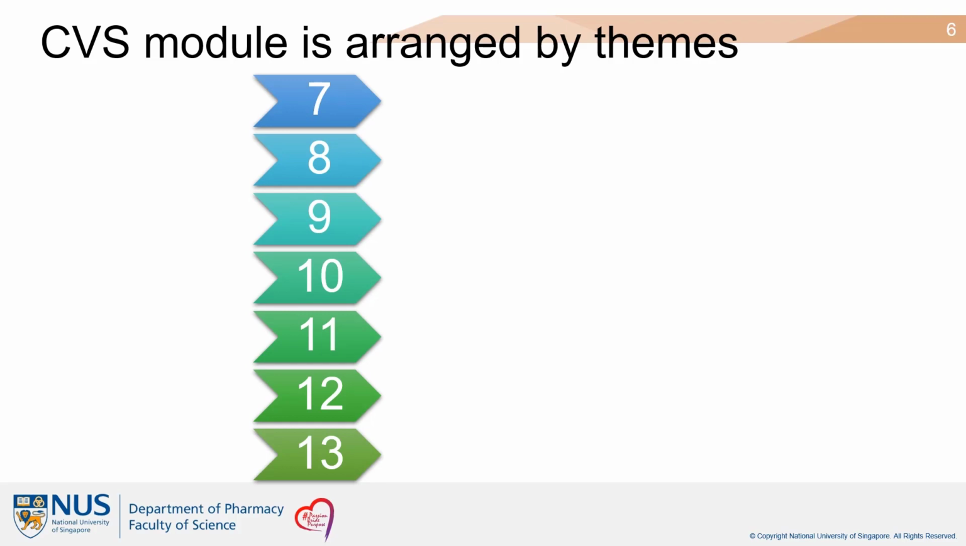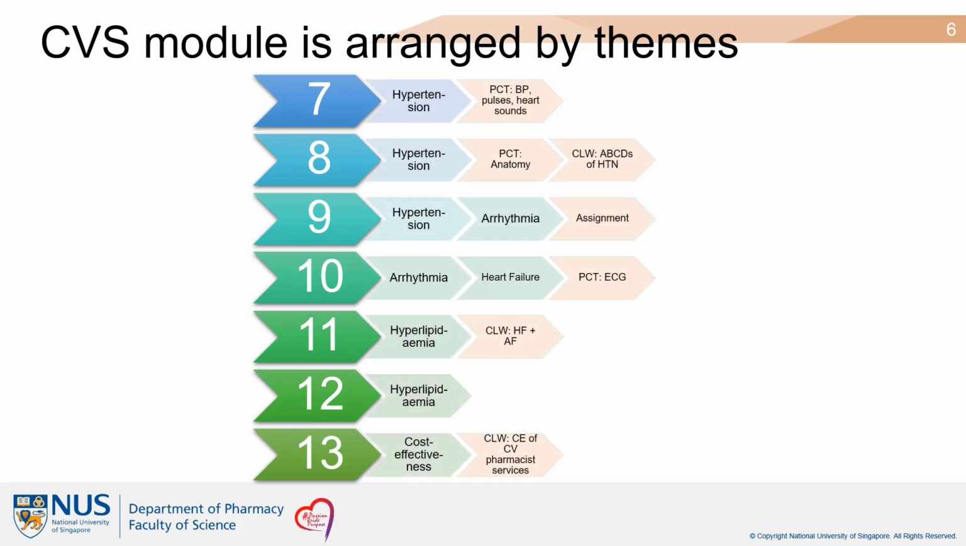So the CVS module is arranged by themes. As you look at the weeks as they progress, week 7 all the way to week 13, in blue and green boxes are the themes of the respective weeks, and in orange are the assessments that follow that particular week. So in week 7, for example, you're going to be getting Prof Liang, who will open up with anatomy, and then Prof Wee and myself will be taking you for the practical where we will teach you how to take blood pressure, palpate for pulses, as well as listen to basic heart sounds. And then by week 8, the practical will be taken by Prof Liang on anatomy,